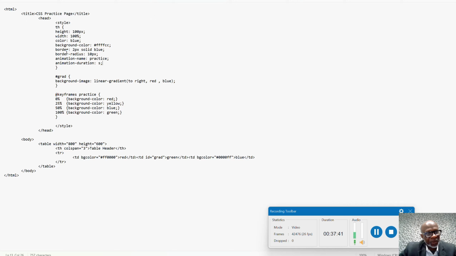So everything you just did now, this will capture practice. This will capture the practice, okay? Because it's named here, and then what's in TH will be captured here and actually represented in TH here. So we're going to see it in the table header, okay? So save,